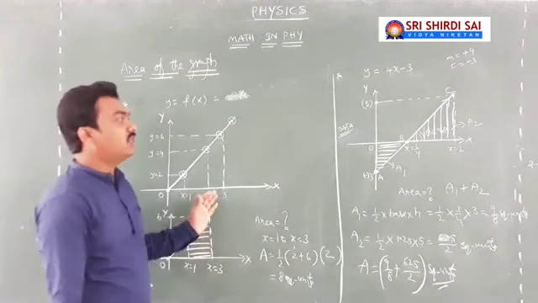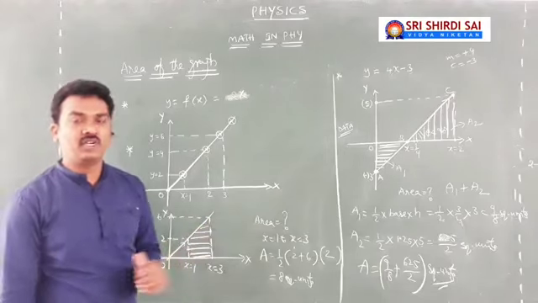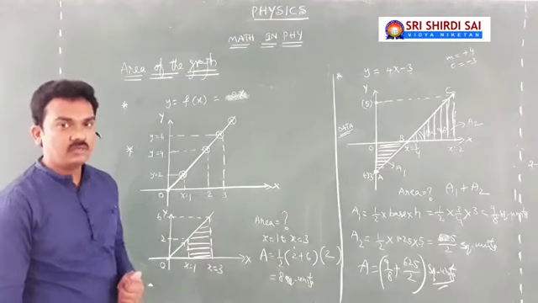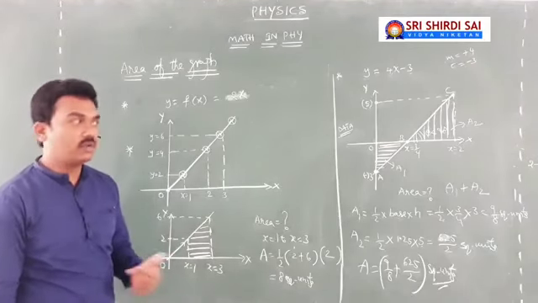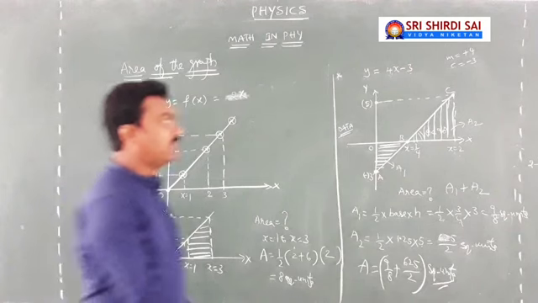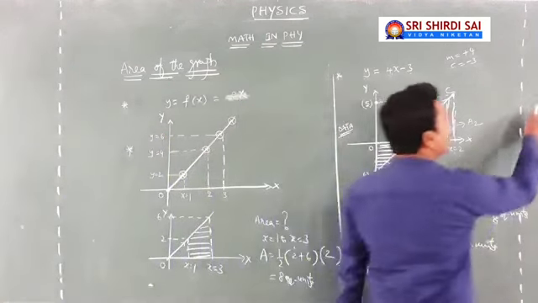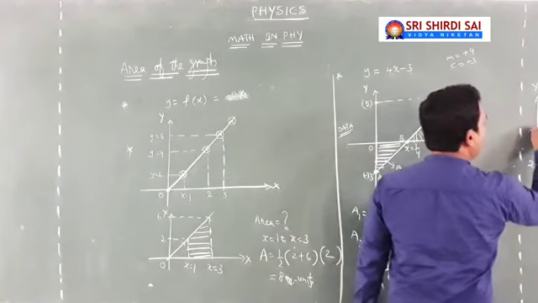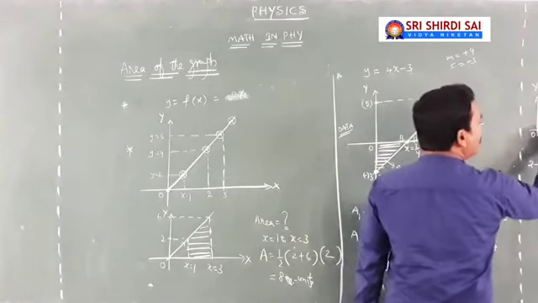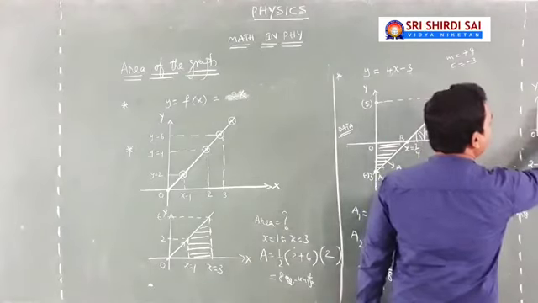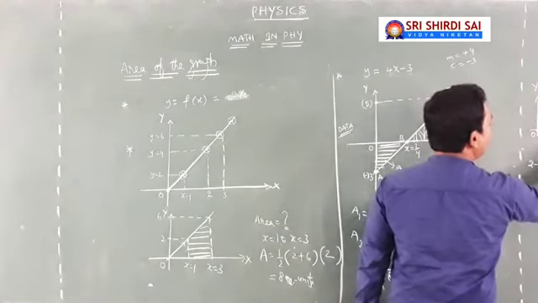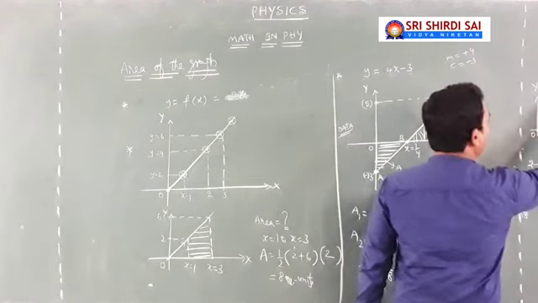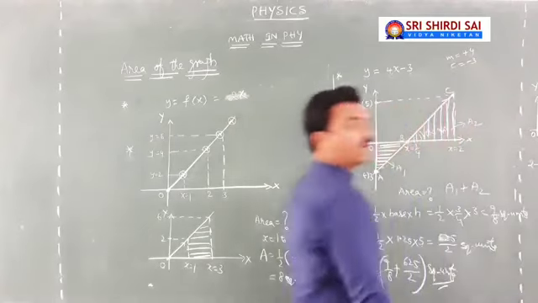Of course, in all these situations I have given, the graph is a straight line. Sir, if the graph is a curve, then what about it? If the graph is a curve, how to calculate? Yes, let me introduce, but not now. See here, this is the x-axis and this is the y-axis, whose graph is a curve like this. If you wish to know the area covered by the graph from x equal to 2 to x equal to 4, then this shaded portion will give the area covered by the graph. But our graph is a curve, so you will not come across